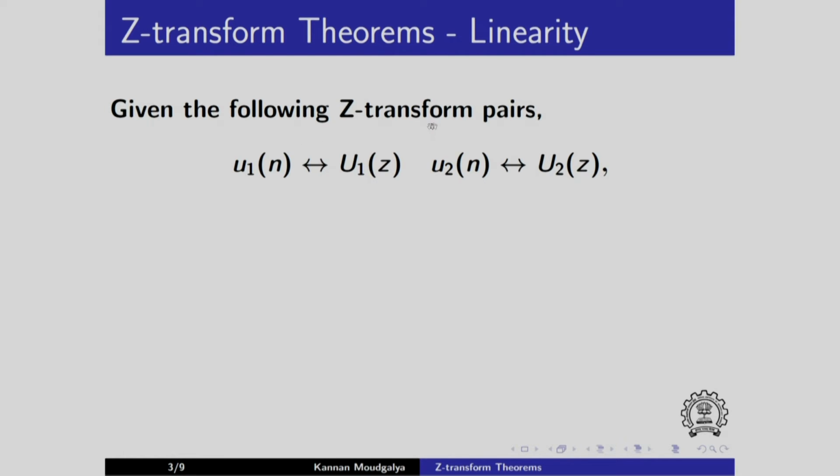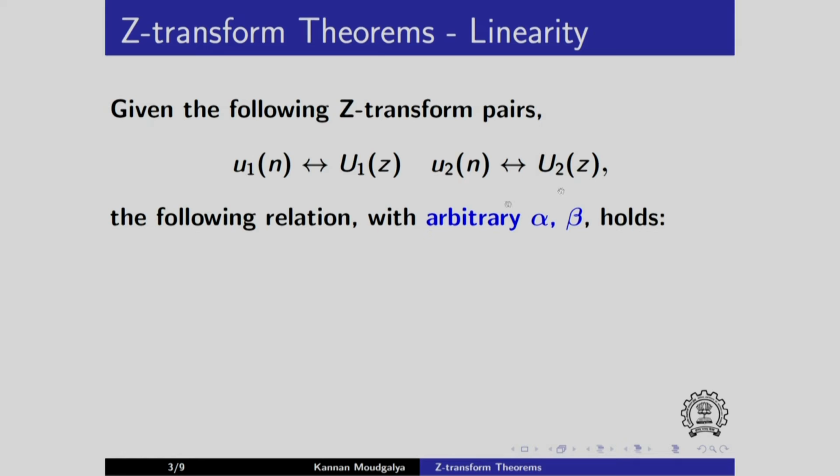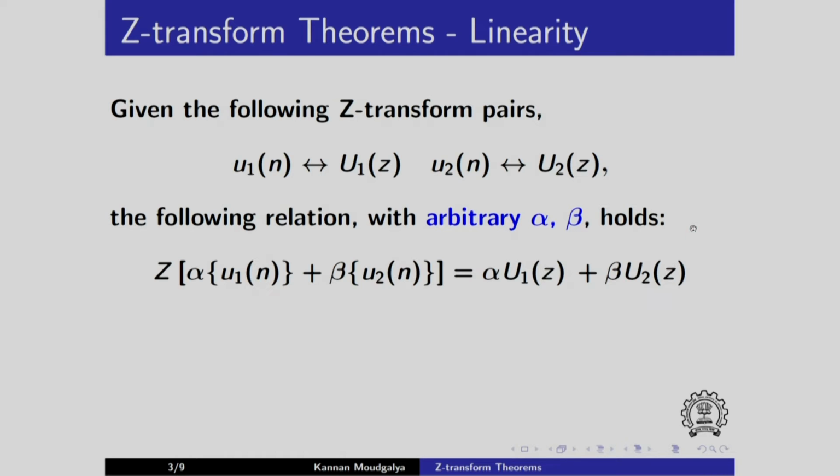Given the following Z transform pairs, that is, the sequence u1 of n has a Z transform U1 of z, u2 of n has a Z transform U2 of z, the following relation with arbitrary alpha and beta holds. The Z transform of a linear combination of u1 and u2 gives rise to the same linear combination of the Z transforms